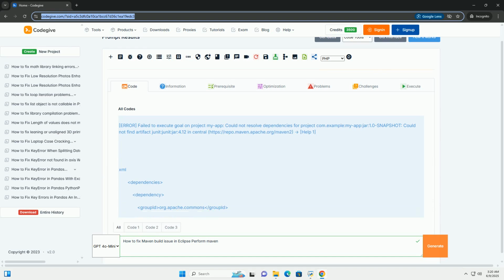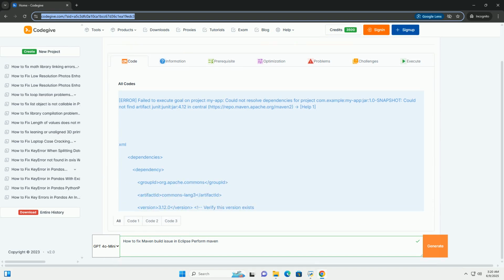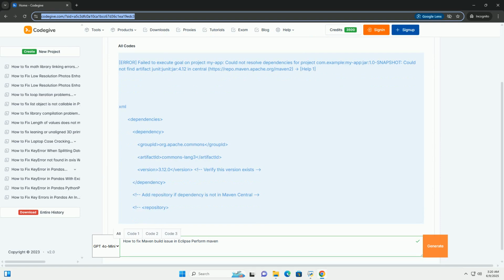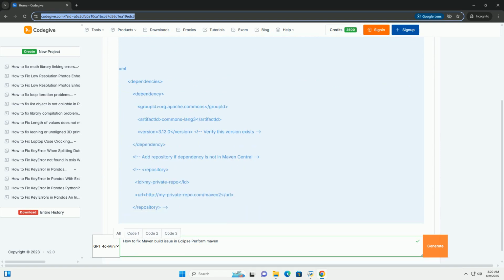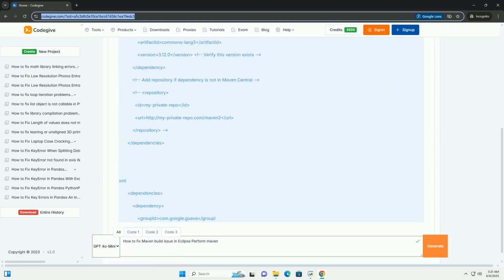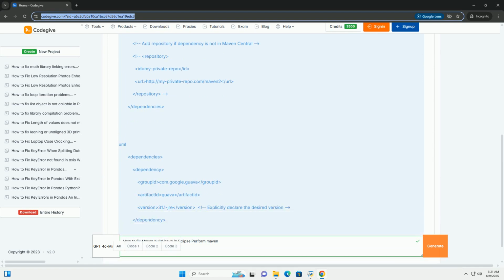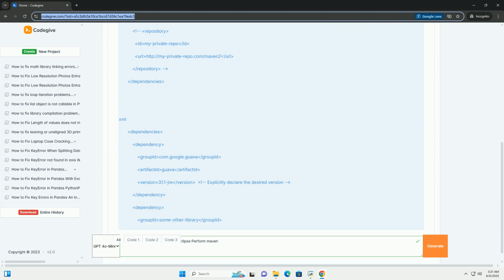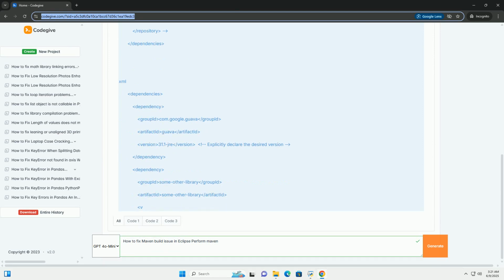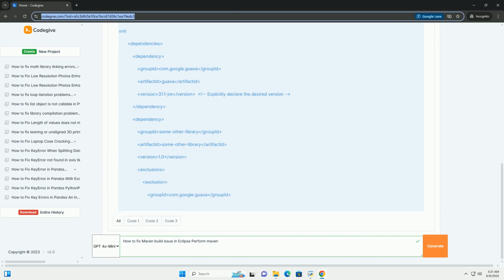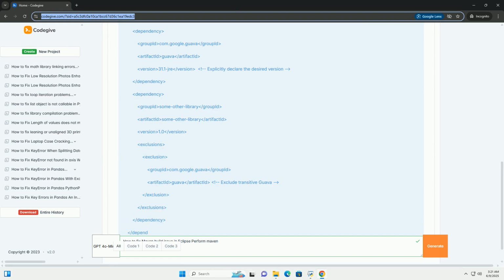Fixing Maven build issues in Eclipse, a comprehensive tutorial with code examples. Maven is a powerful build automation tool widely used in Java projects. While it simplifies dependency management and build processes, issues can still arise. This tutorial provides a comprehensive guide to diagnosing and fixing common Maven build problems within Eclipse, complete with code examples